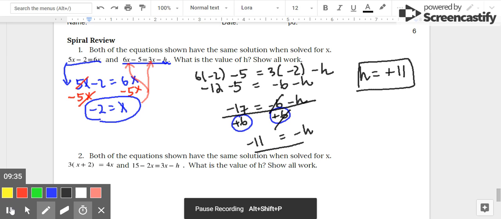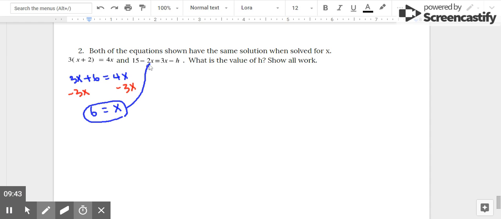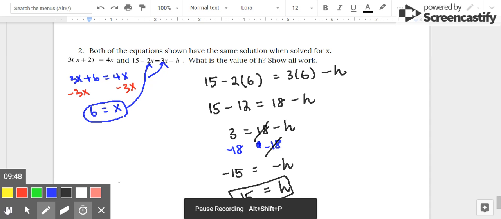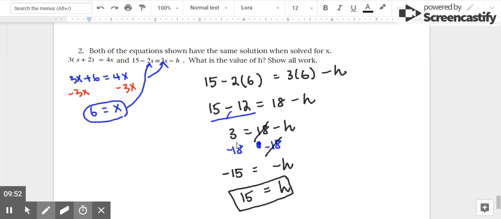The next question is also the same thing. Let me find x first. You will find x is equal to 6. Now we're going to plug it into here and here. So let me just rewrite it. And you get to this, and then you have to change it to 3, and you are solving this 2-step equation, and you will get h is equal